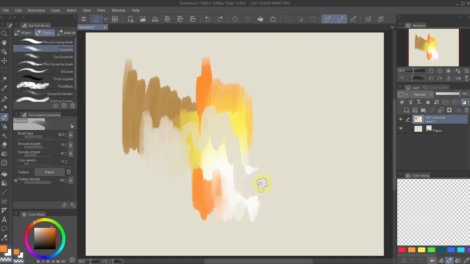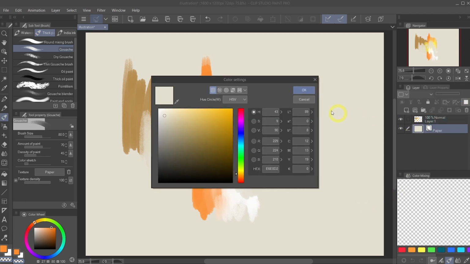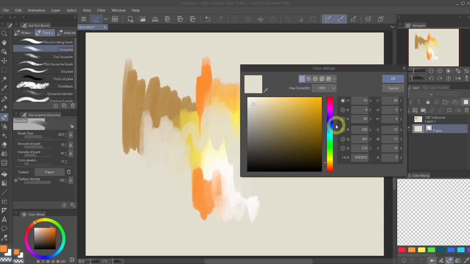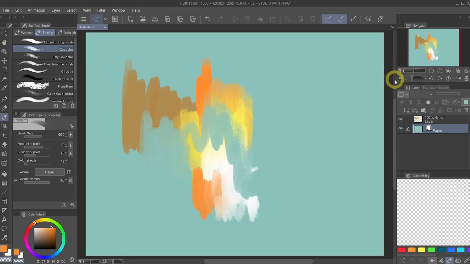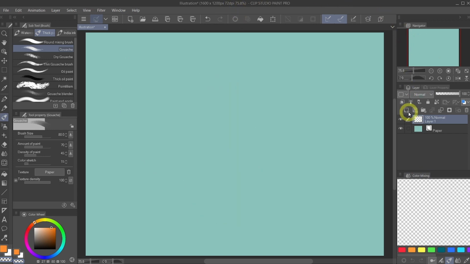You can see that right now, I'm erasing the patch that I already painted. And if I change the paper color by double clicking on it, let's say I change it to light blue, you can see through where I just painted. Let me use the sun icon to delete everything on the layer again.